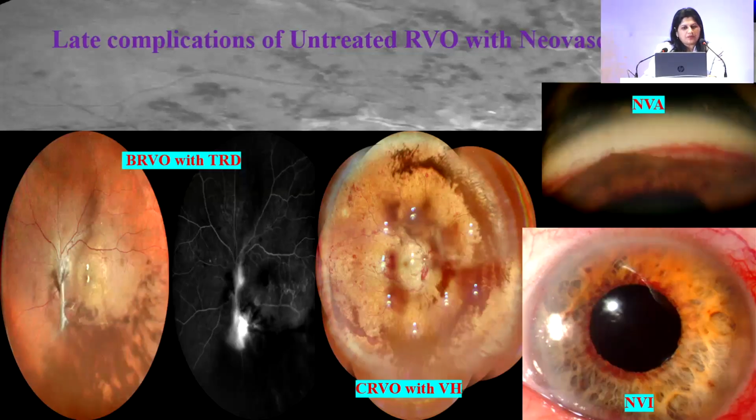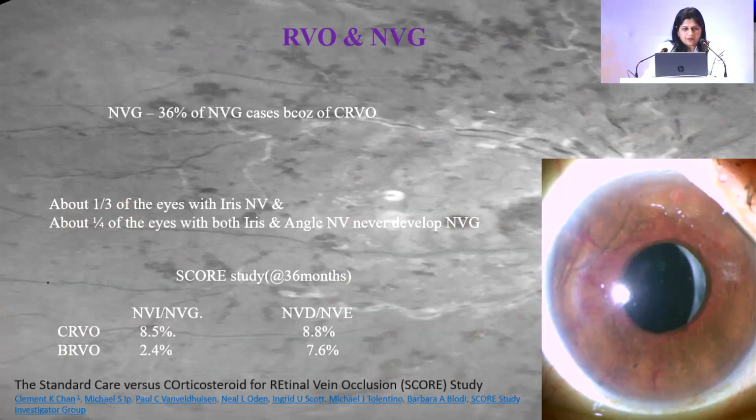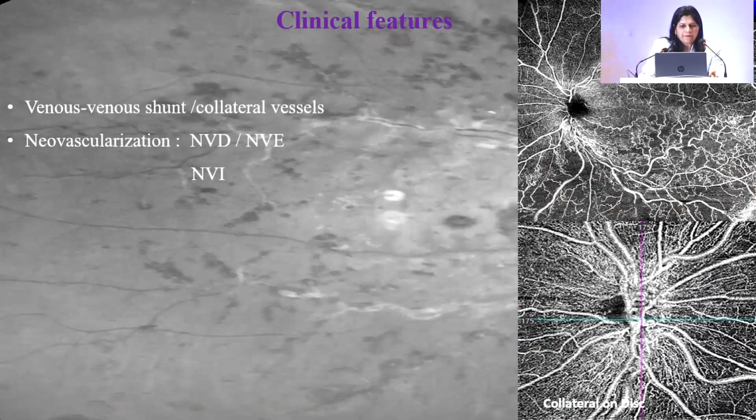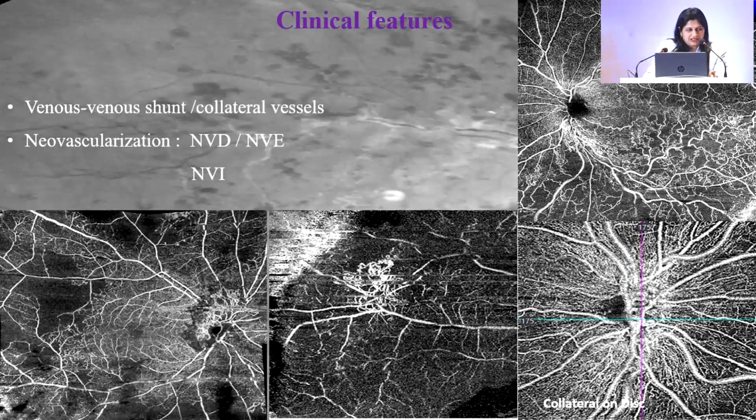So these are the late complications of untreated retinal vein occlusion which develop neovascularization, like you will get tractional retinal detachment, vitreous hemorrhage, NVI or NVA. So how are retinal vein occlusion and neovascularization correlated? NVG is seen in 36% of the cases which develop CRVO. About 1/3 of the cases has iris neovascularization and 1/4 has both NVI and NVA. You will also see venous shunt or collateral vessels later in the course of the disease, or neovascularization at